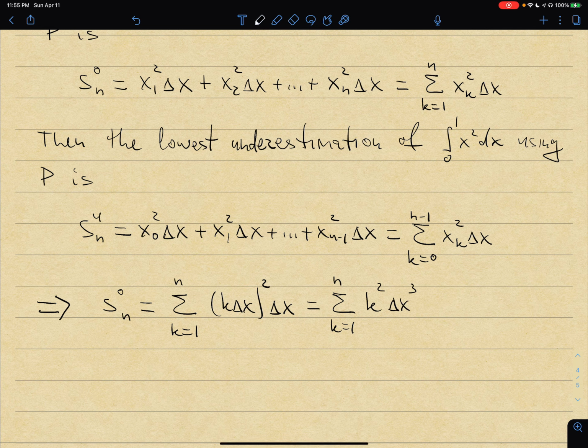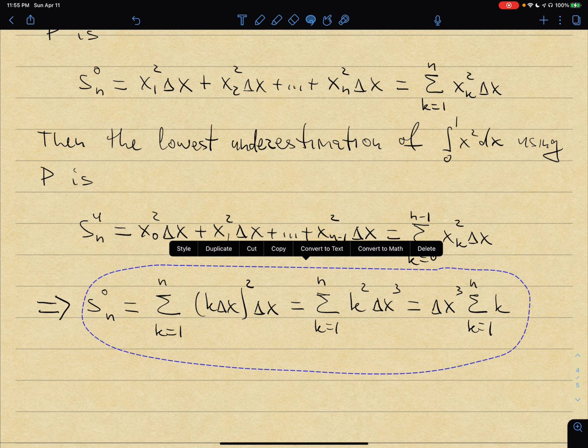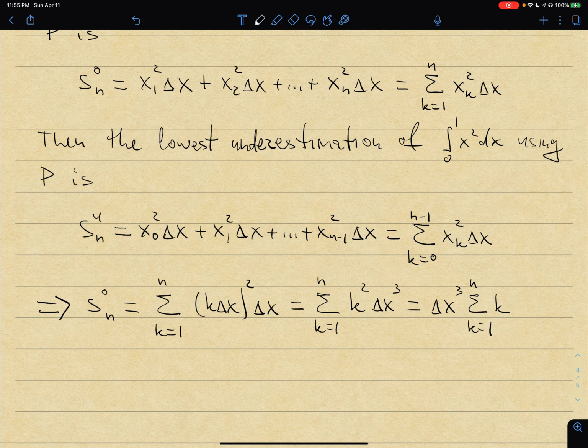Now delta x is a constant that is independent of k. So delta x cubed I can factor out. And I have a sum k from 1 to n of k squared. And then you might recall that at some point, again, in the past, we figured out what the sum from 1 to n of k is. And I'm going to recover this formula in a second, but before that, let's look at what we can say about